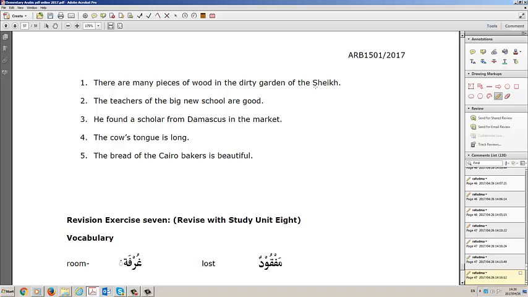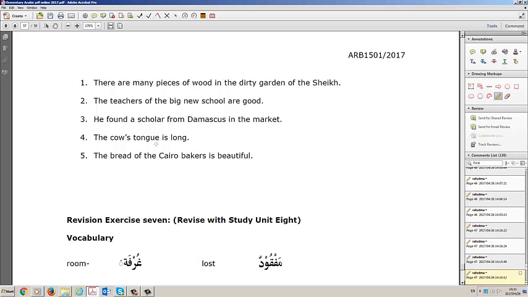The teachers of a big new school are good. We could say معلم المدرسة الكبير الجديدة طيبون. He found a scholar from Damascus in the market. وجد عالما من دمشق في السوق. The cow's tongue is long, and that is لسان البقرة